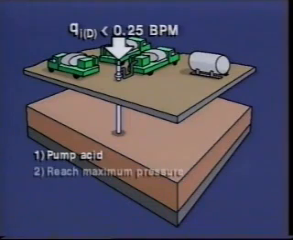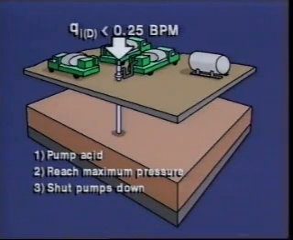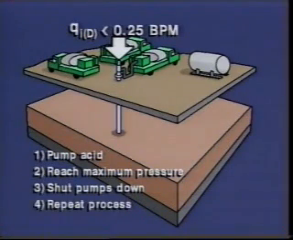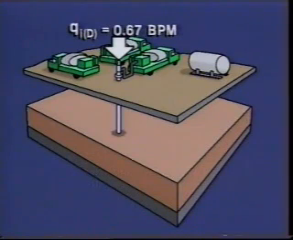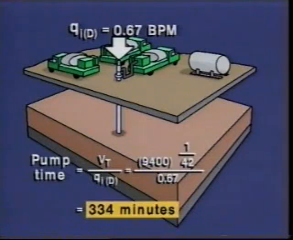Acid is pumped until the maximum treating pressure is reached. The pumps are shut down until the pressure bleeds off, and the process is repeated. Time constraints must be considered in the design of an acid treatment. The calculated injection rate of 0.67 barrels per minute would require 334 minutes, or 5 hours and 34 minutes, to